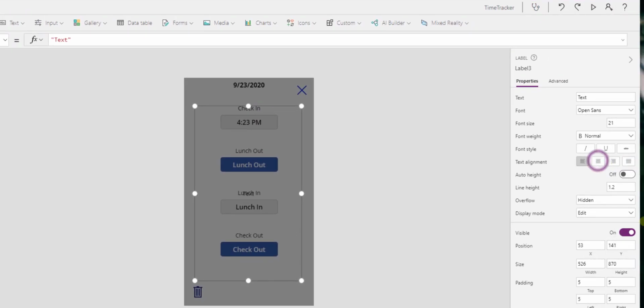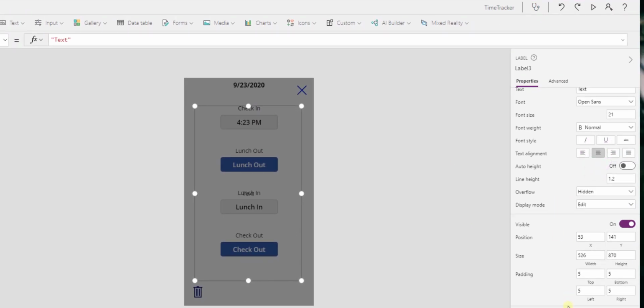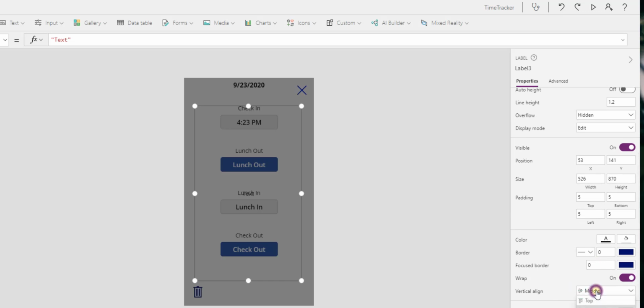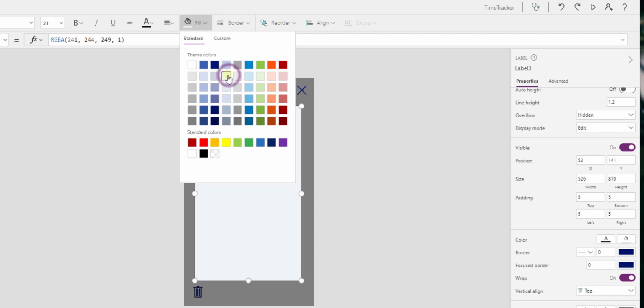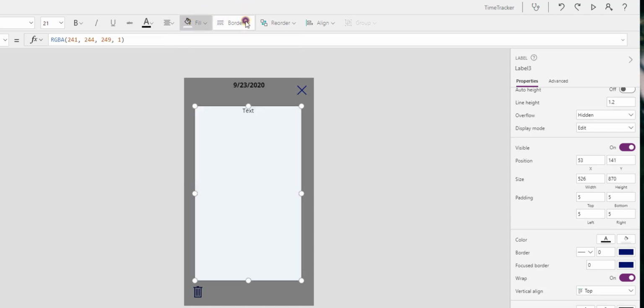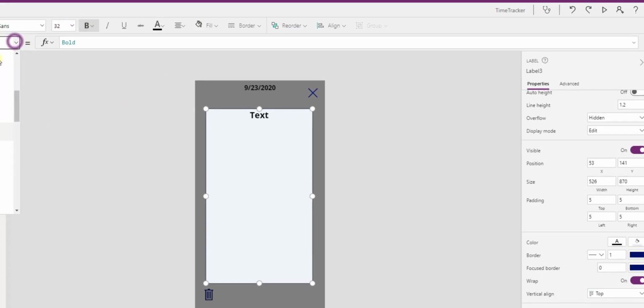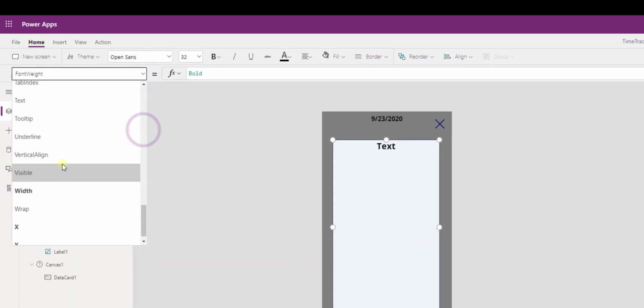I'm going to set the alignment of this to the center, and the vertical alignment to the top. I'm going to set the fill of this to a light sort of blue. I'm going to put a border around it that's a little bit thick, set the text size a little bit bigger, and set it bold, and I'm going to set the text property of this to say